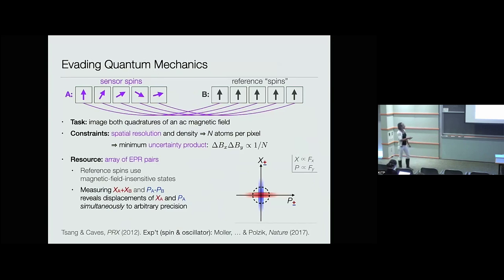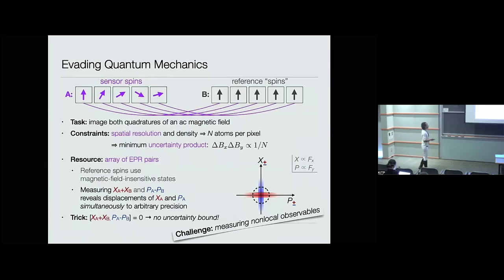Essentially, I now have a state that has reduced noise in the X quadrature in the symmetric mode, and in the P quadrature in the anti-symmetric mode. Because the sum of the X's and the difference of the P's commute, there's no uncertainty bound to how precisely I can know both of those. And if I design my system so that the B subsystem doesn't couple to my field, maybe it's a magnetic field in sensitive states, it's far away, then actually there's no limit to how well I can detect these two components of my vector field in the A subsystem.